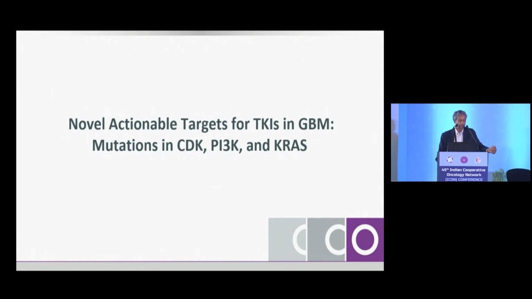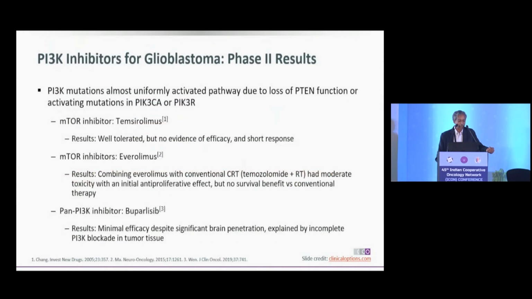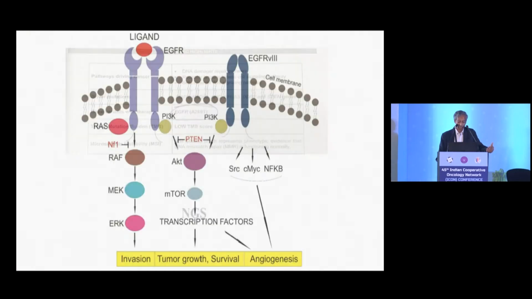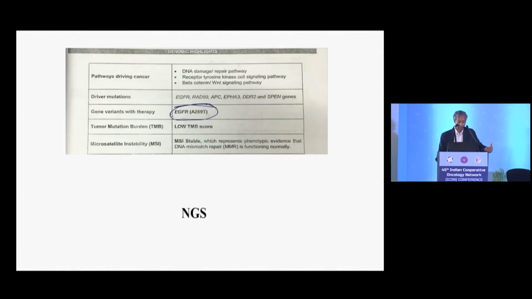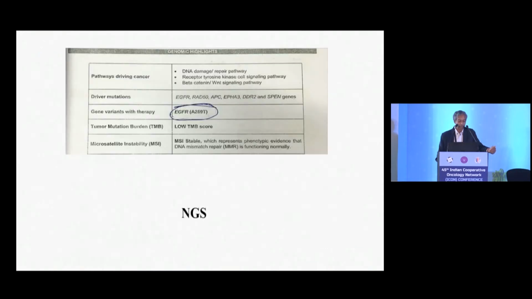They've actually detected mutations in CDK, PIK3, and KRAS as well. So this is a phase 2 study looking at the role of palbociclib. This is looking at PIK3 inhibitors. This is again a phase 2 study, but again emphasizing that these things are rapidly coming up in GBM as well. And in fact, this article said that they compared all this to what is happening in non-small cell lung cancer today. So back to our patient, she underwent NGS testing, and this showed an EGFR mutation of, as you can see here,